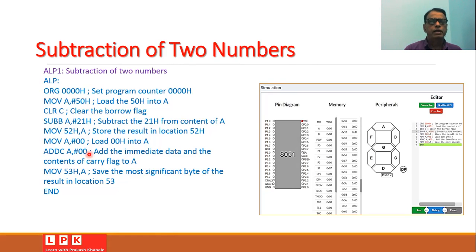Then that will be added into the accumulator, and that most significant byte is stored at the location 53H by using the instruction MOV 53H, A. When you type this program by using any 8051 simulator app and execute it, you can easily observe the result: 52H is equal to 2FH and 53H is equal to 00H.